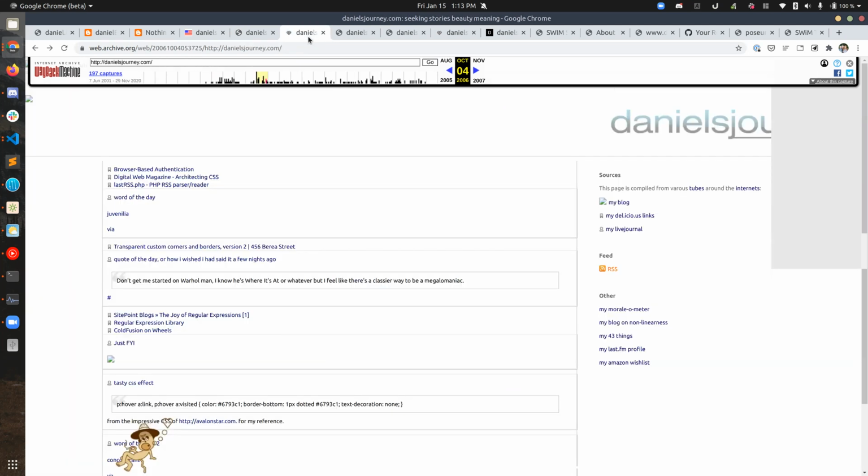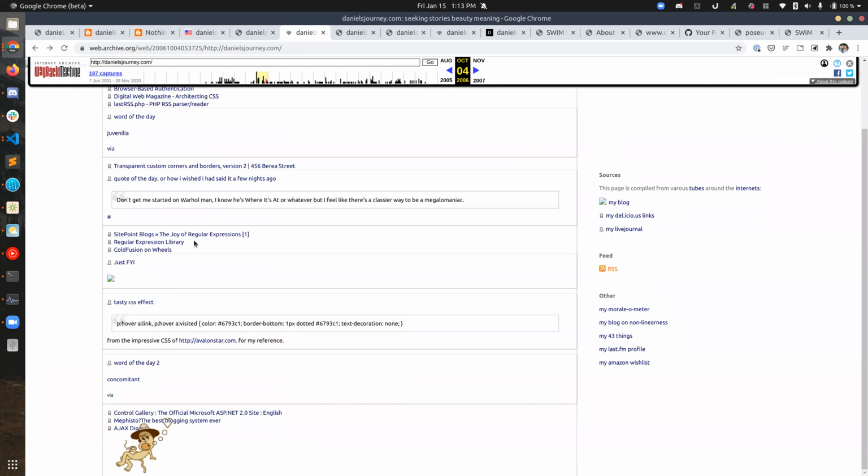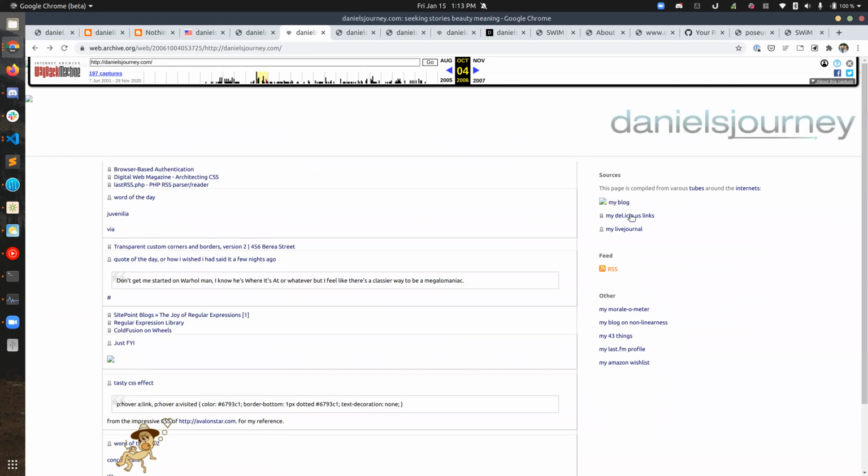And then let's see, what's this? Okay, this is the next iteration. The homepage, there was still the blog, and I don't think if I click on that, it's going to work at all. I think archive.org didn't really grab the /blog when it was there. But this is compiling different posts from my blog, Delicious, and LiveJournal. And so I moved over to LiveJournal,